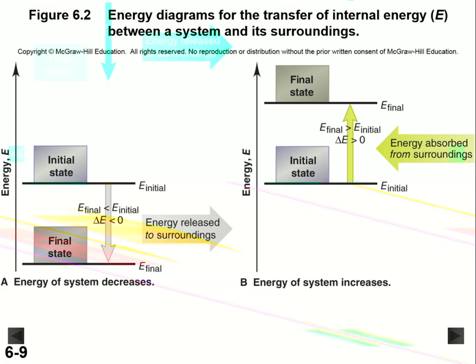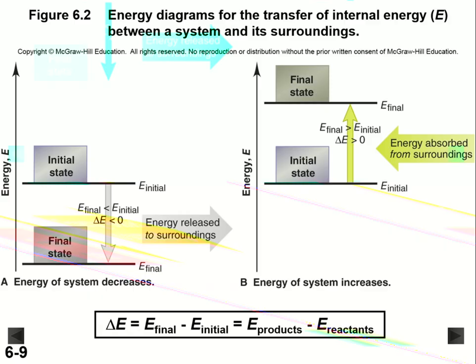Two quick examples, and we'll go through a lot of these later on. The first, on the left-hand side, might be a combustion reaction where biomass, say a tree log, could be burned and release energy into the surroundings. On the right-hand side, we might have photosynthesis, where a tree absorbs sunlight from the sun and converts carbon dioxide and water into biomass.